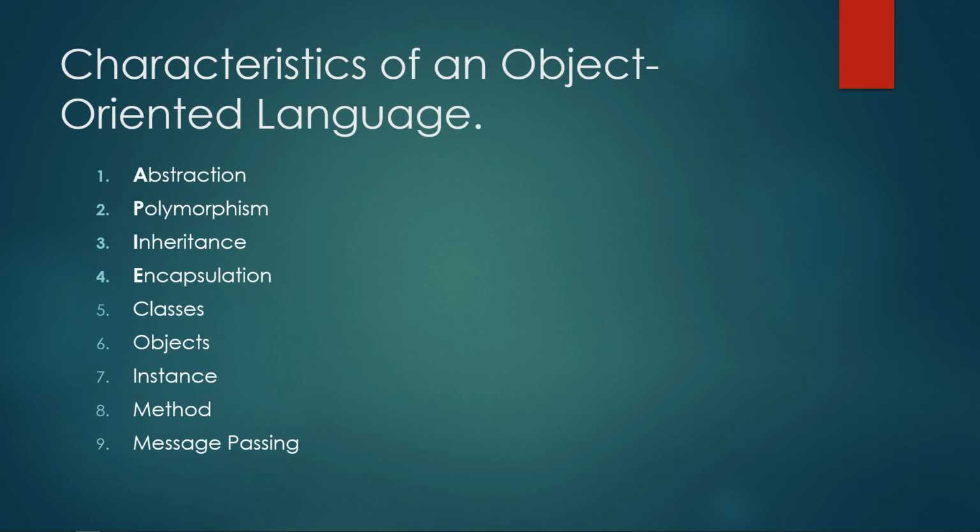Then the 8th characteristic, method. A method is an object's behavior. For example, if you consider the dog as an object, then we can say it has behavior such as bark, walk, run, etc. And finally, message passing. We can pass messages between objects. In other words, objects can communicate, and this can be done by invoking methods and sending data to them. This feature of sending and receiving information among objects through function parameters is known as message passing. Okay, so let's move on to the next slide.